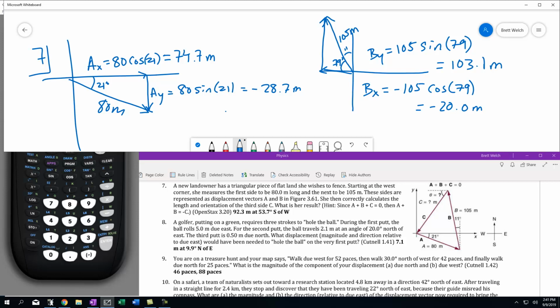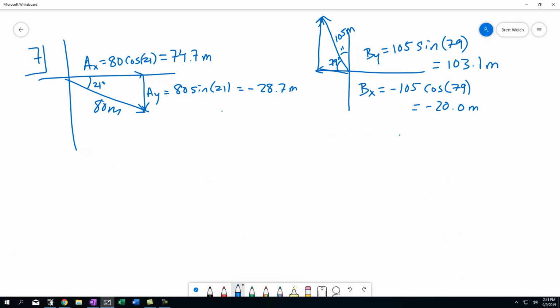The real finish to this problem is that when we're trying to finish this off, we have to recognize that because it was a completed triangle, the a values, a, b, and c must add up to 0. So ax plus bx plus whatever cx is must be 0, and the same can be said for the y's. That allows me, by process of elimination, to figure out what the c values are. So I ended up with